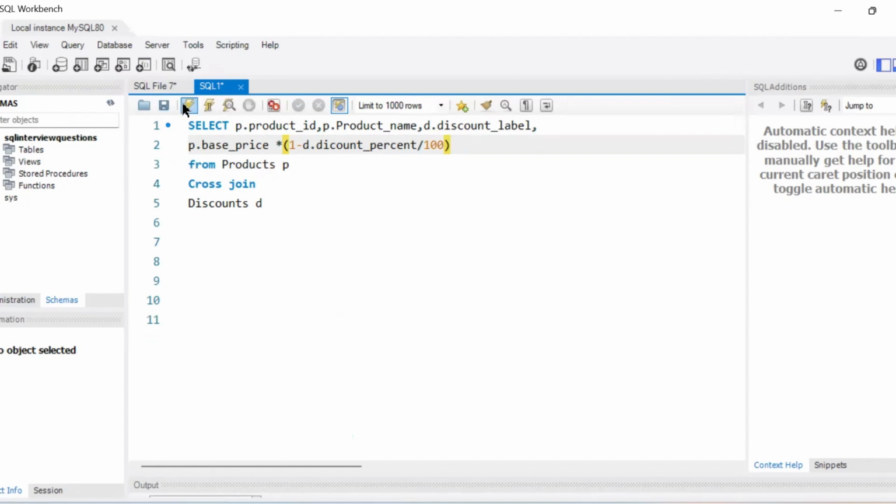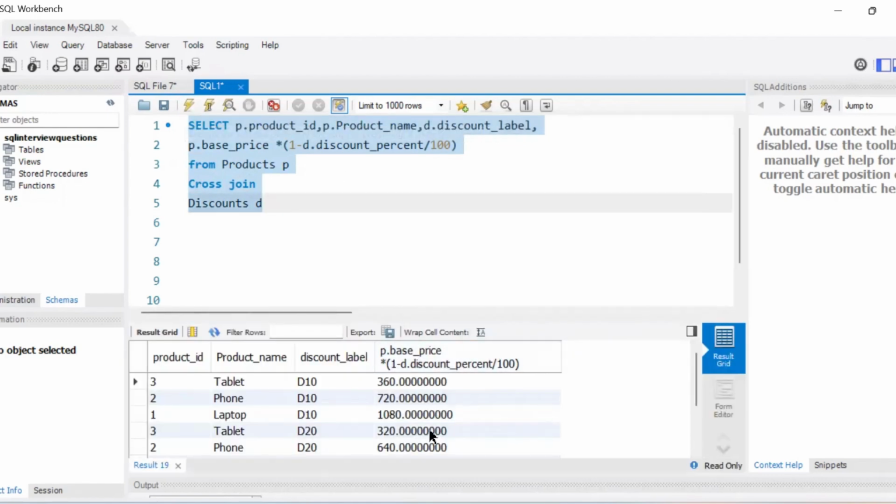And we are done. So there is a spelling mistake. Yeah, now it should be done. Perfect. So we have got the results.